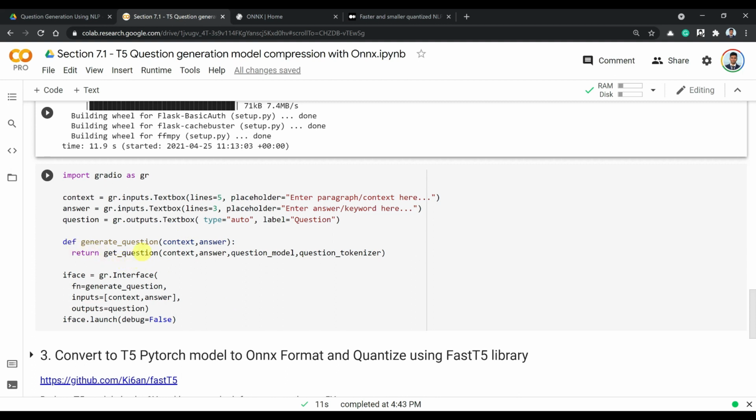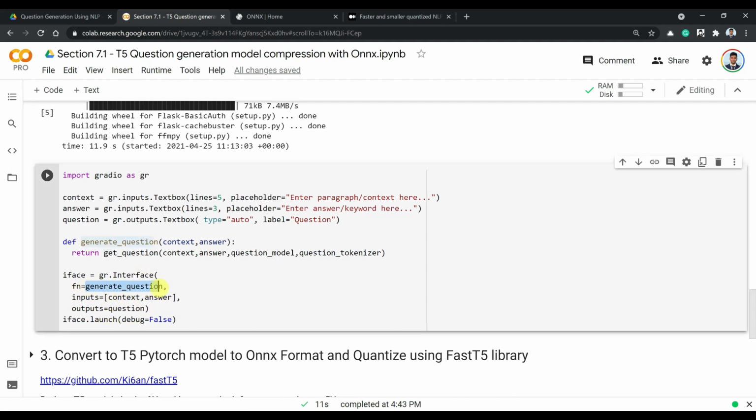And I'm calling the get question method that I created previously. This is the simple Gradio interface where you say which function to use, which is generate question, what the inputs are, context and answer, and what the output is, that is, the question. So here we are giving the context and answer text boxes as input and another text box as output.